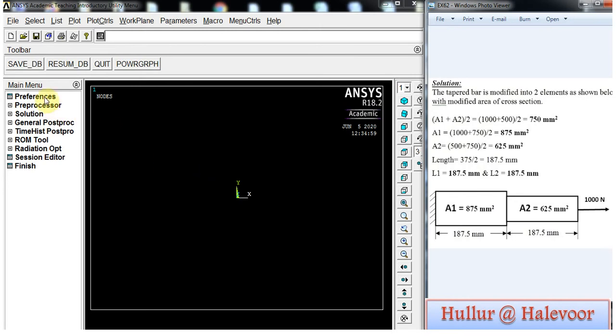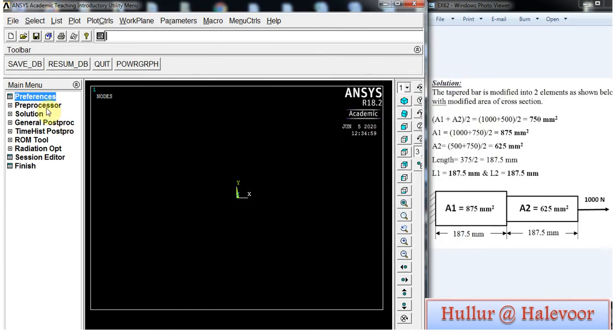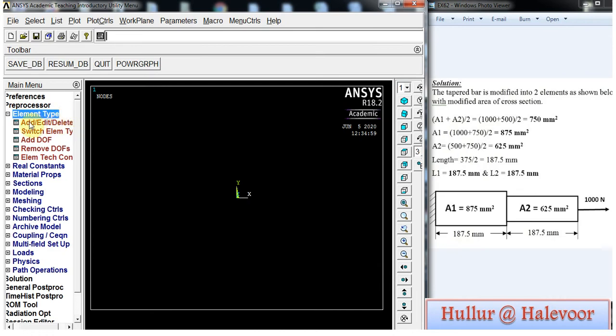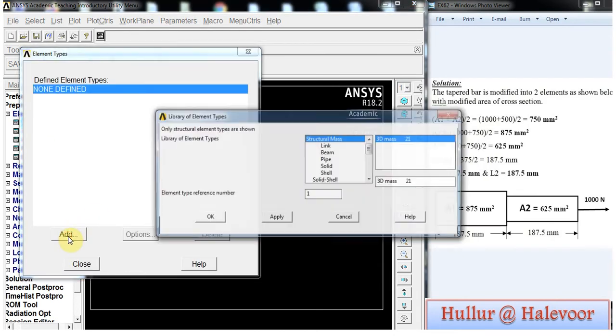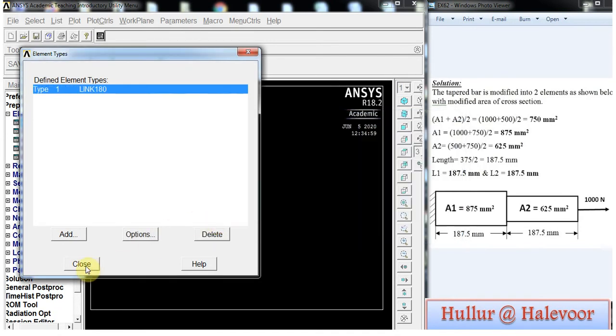Begin with ANSYS, go to preferences, click on structural, click OK, then go to preprocessor, select element type, click on add, select link element and the 180 element, click OK, then close.